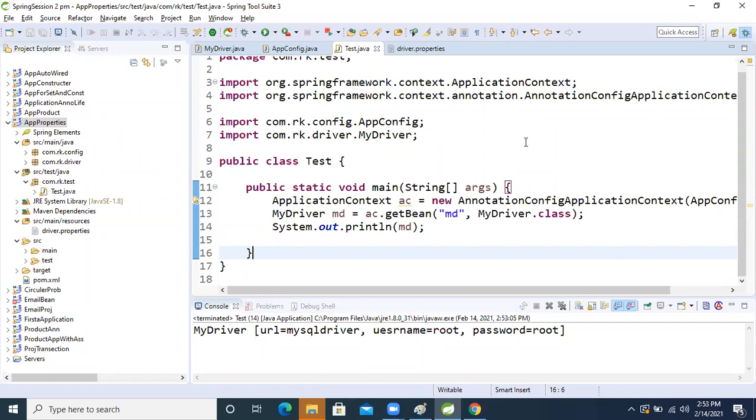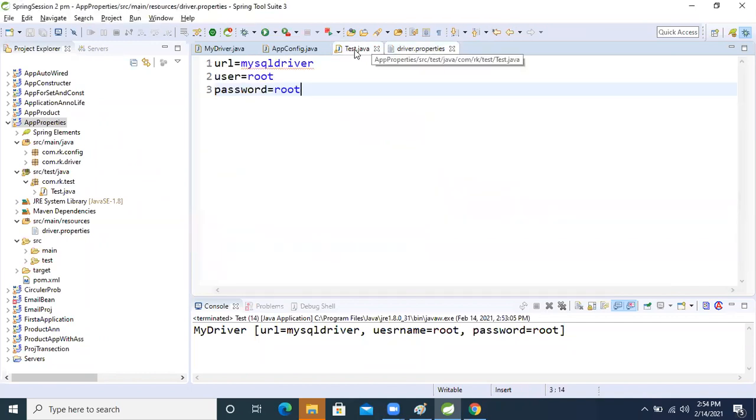Suraj, my driver class means, please show my driver class. I'm not understanding your question. In this application which driver do you want?